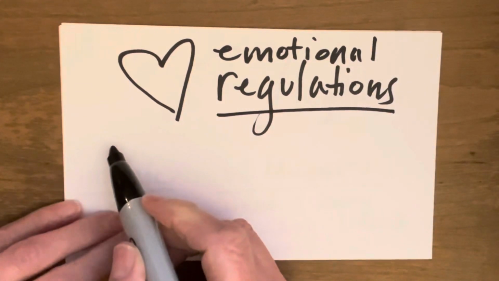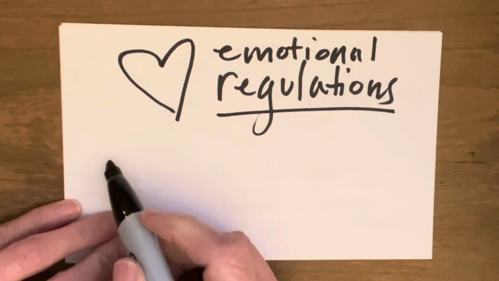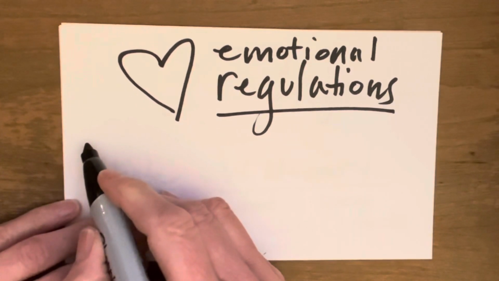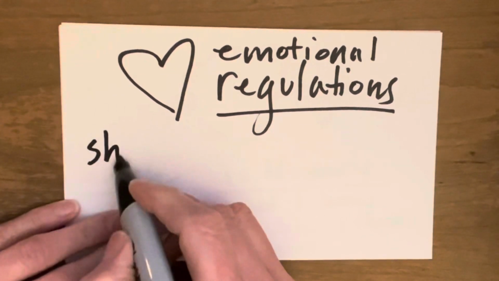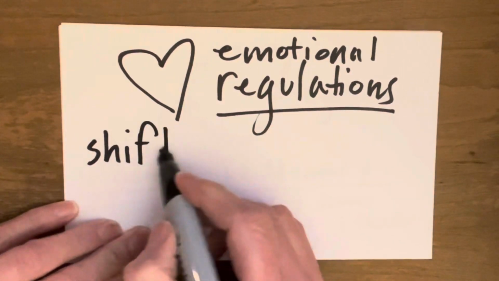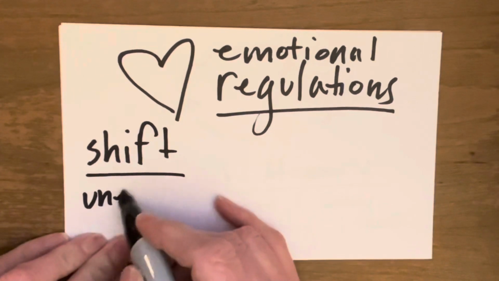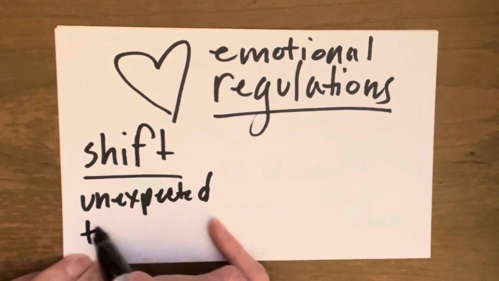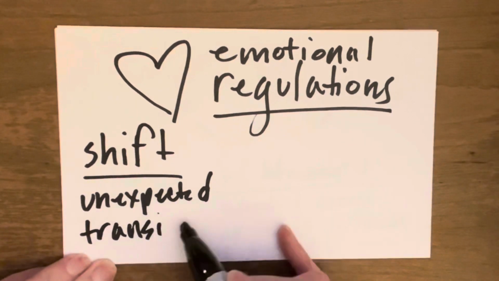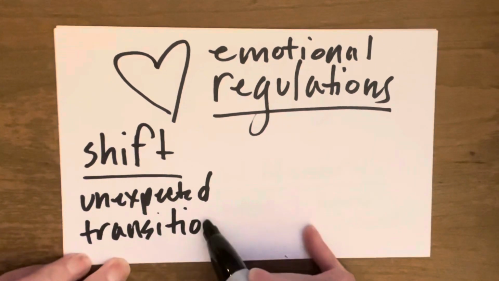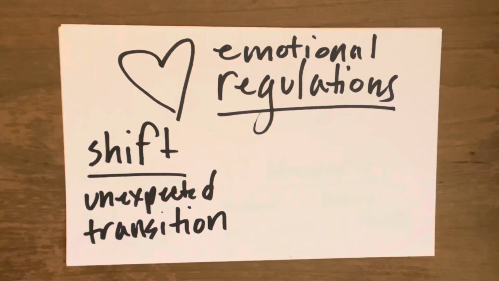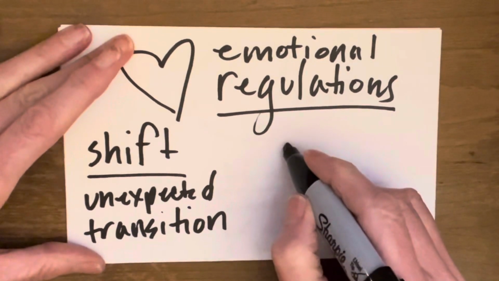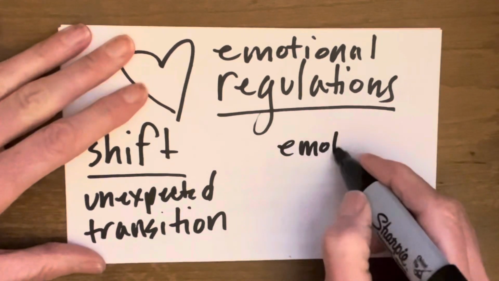So the two inner resources or executive functions that support emotional regulation is to be able to shift. Shift includes the unexpected, and transitioning. So you could transition from the environment, you can transition into a different way of thinking, and then emotional control,